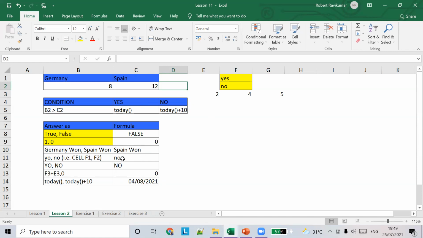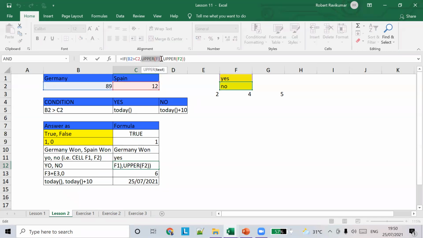Based on this result, the answer is no. And this is in uppercase. Instead of showing it in lowercase, we can show it in uppercase. So we are introducing another function inside the results also. Instead of small letters, we are showing capital letters. We can use the function in the second and third parameters also.